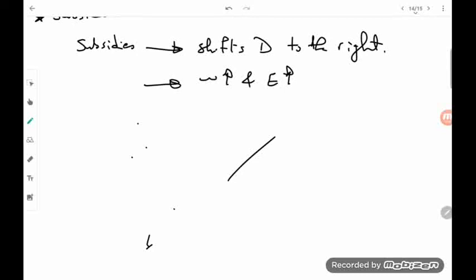So in our lecture today, we talked about demand for labor in competitive and non-competitive markets, in the short run and in the long run, and finally, two main policy implications related to demand for labor, which are payroll tax and subsidies.